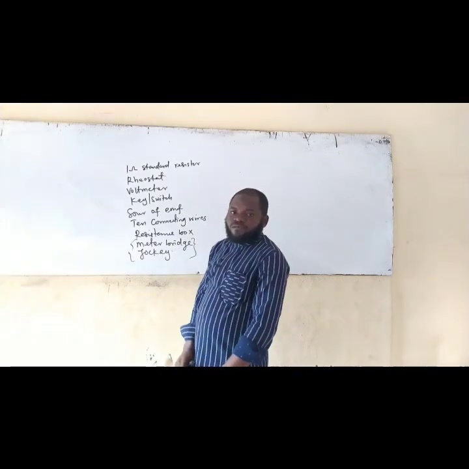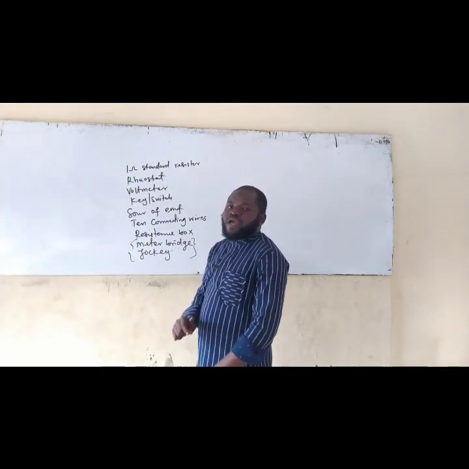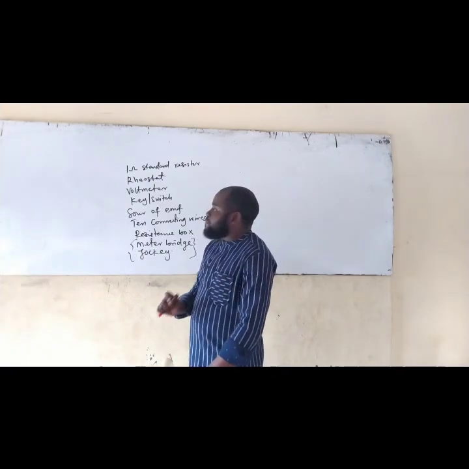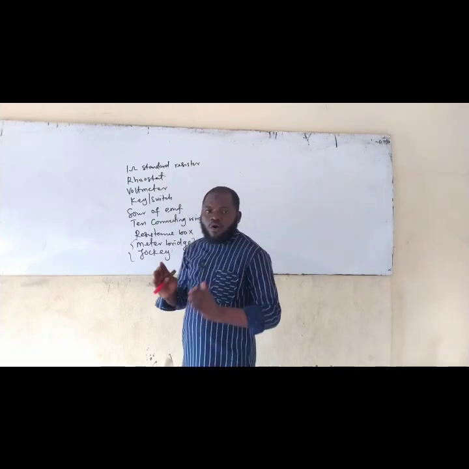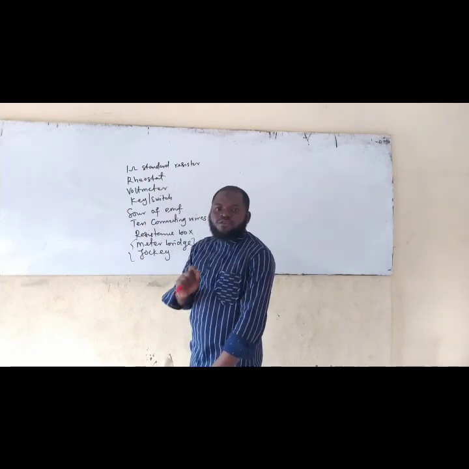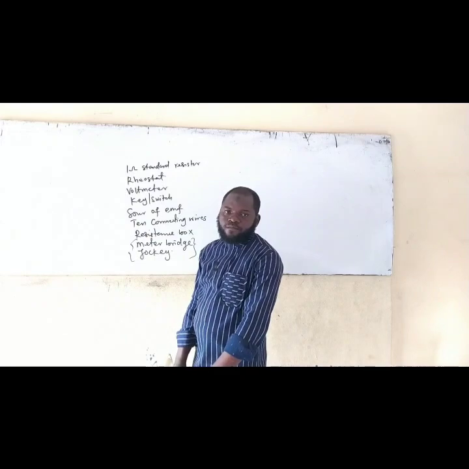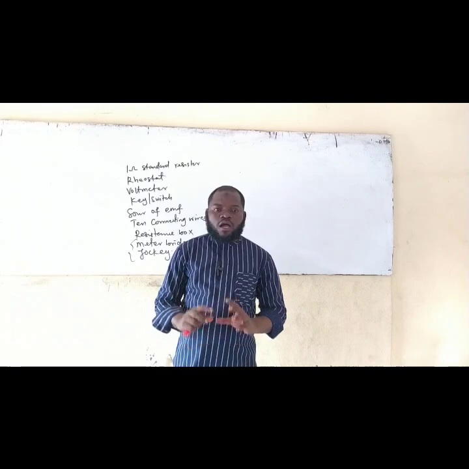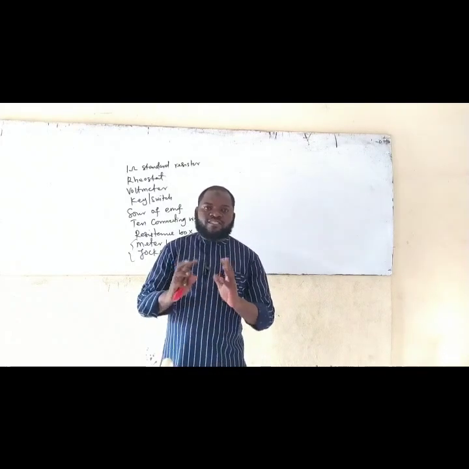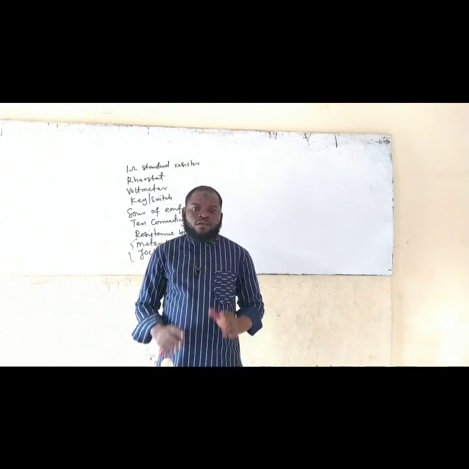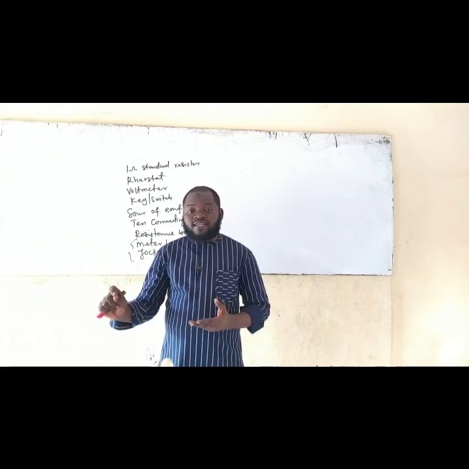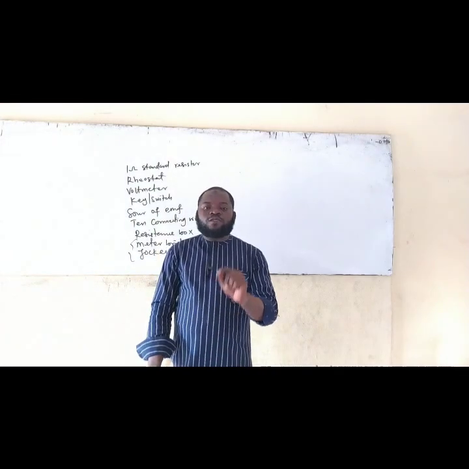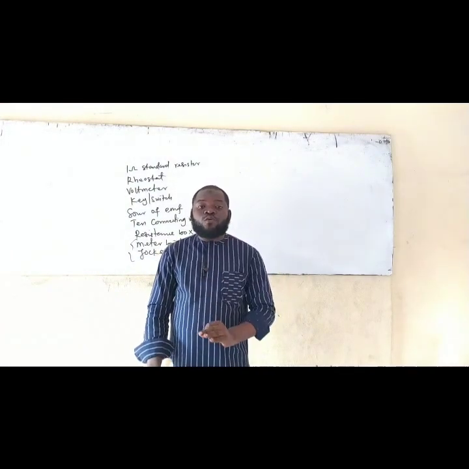Now, what will I now do? The first thing I want to do is to be able to come up with a circuit diagram to represent what? A good connection of all of this in order to verify Ohm's law. Now, let me use this to give you a few brief or look on how your circuit diagram is going to look like. Remember, whenever you have ammeter in a circuit, it should be in what? Series. And whenever you have what? Voltmeter in a circuit, it should be in what?